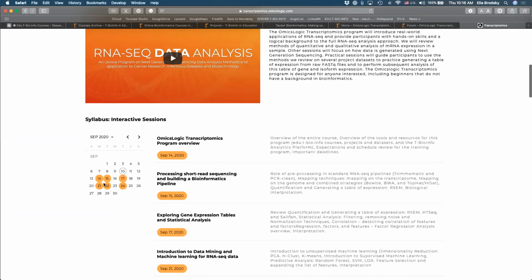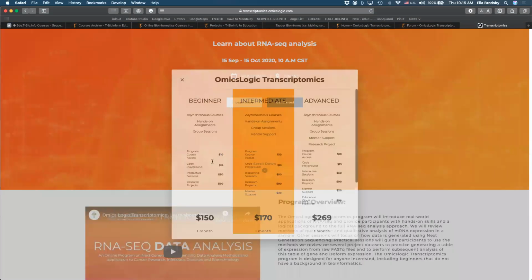So as we thought about how to structure this program, we were thinking about different packages that we could provide to participants that could benefit the most from completing a program, getting certification, developing a project idea, and actually applying some of these skills to a data set or a research question of their own. So that's why if you go up here and you click on Get Started, you will see a few different